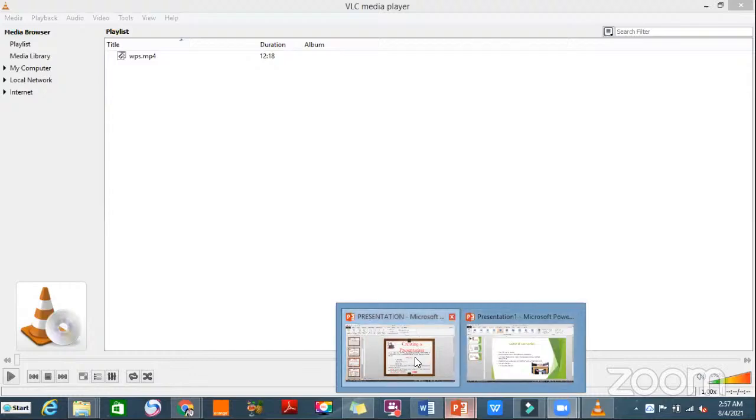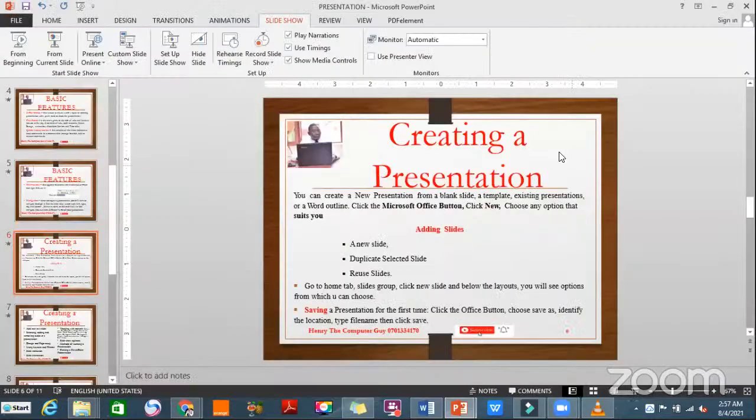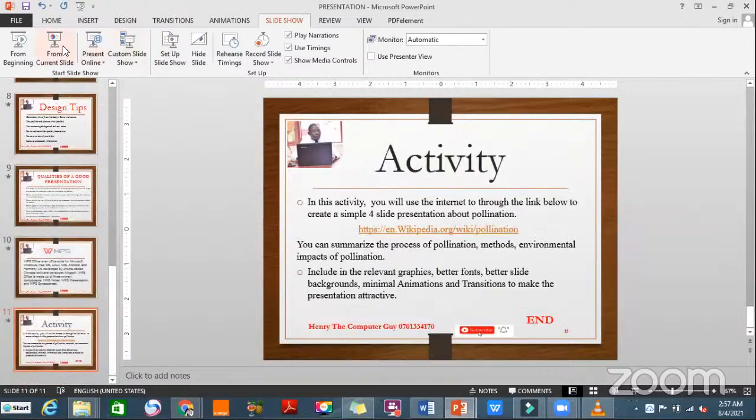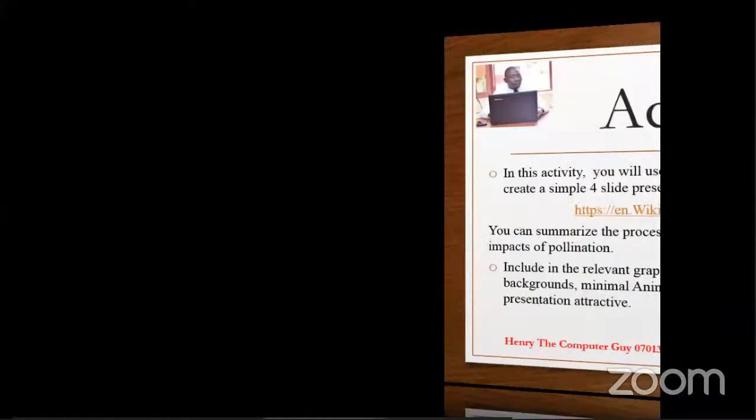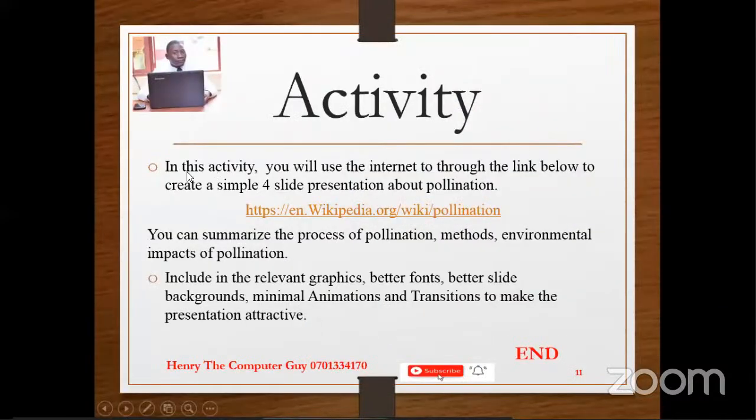The activity is down in the presentation. So that is the activity. In this activity, you will use the internet through the link below. And this is our link to create a simple 4-slide presentation about